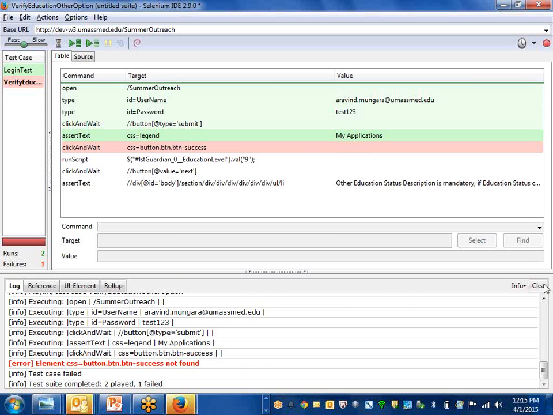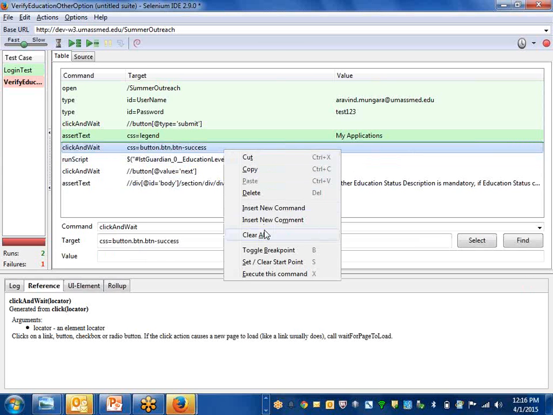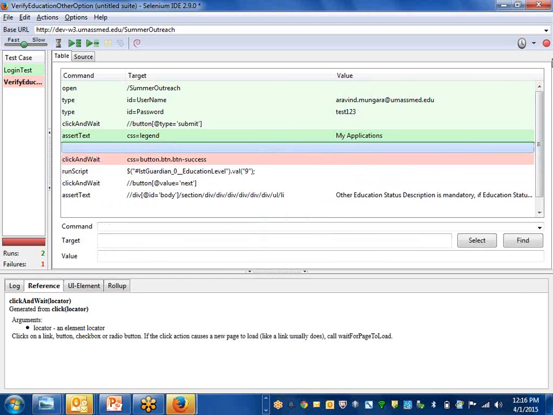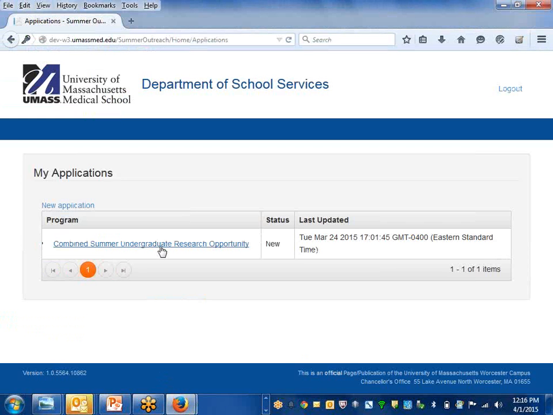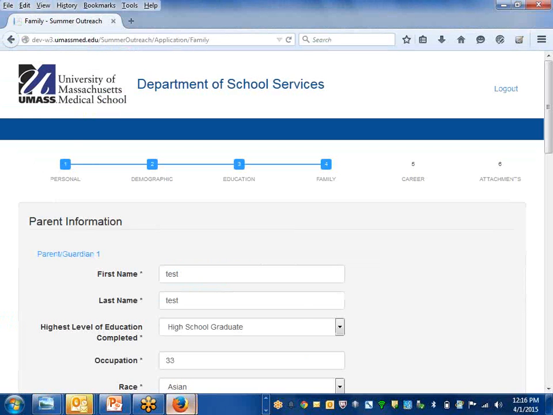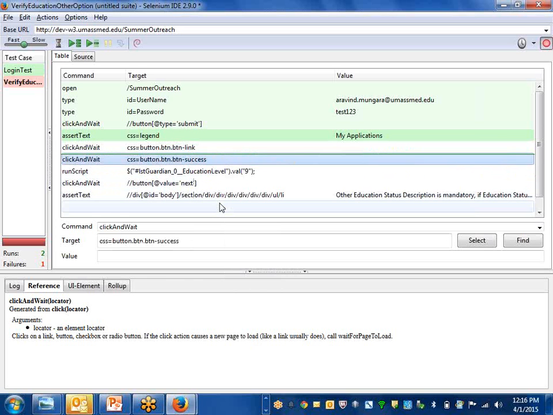You can clear the logs. You can either delete that or you can modify that. Right now I'm inserting a new command. I'm making this as record. I'm coming here, selecting this, so it comes back here, so that it is recorded. This is the one. Then delete this,